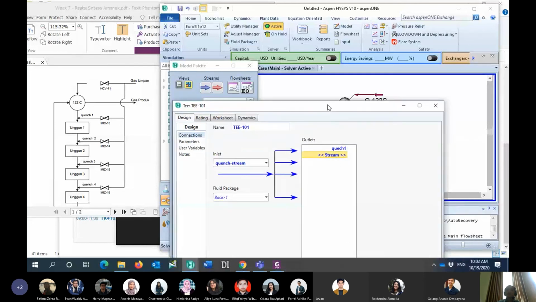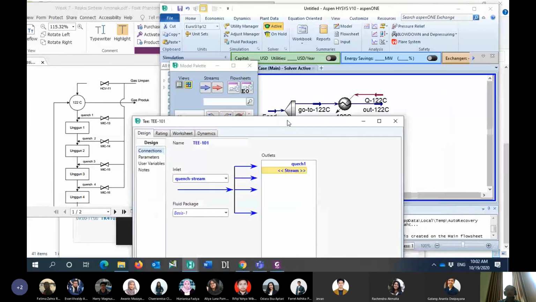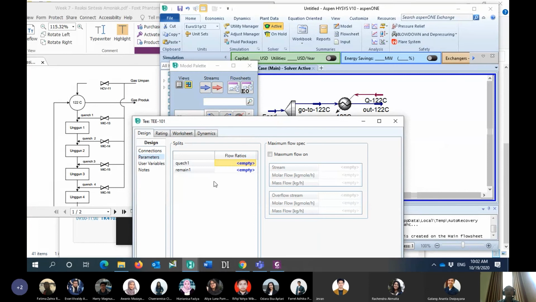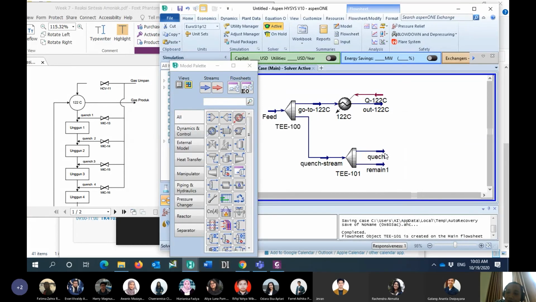And then this one is, for example, remain 1. Okay, I will set the parameter. For example, this one is 0.4 for the quench number 1. And then this outlet of E-122C will be combined.